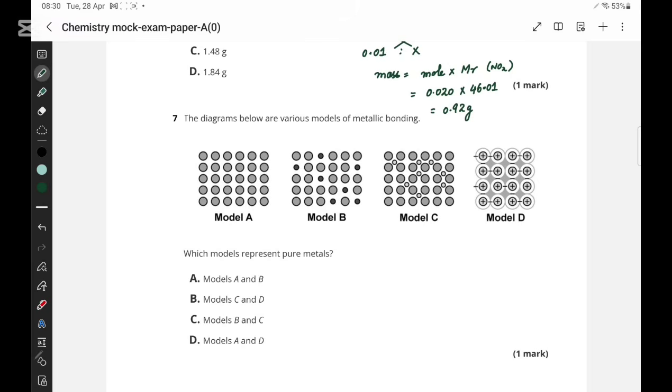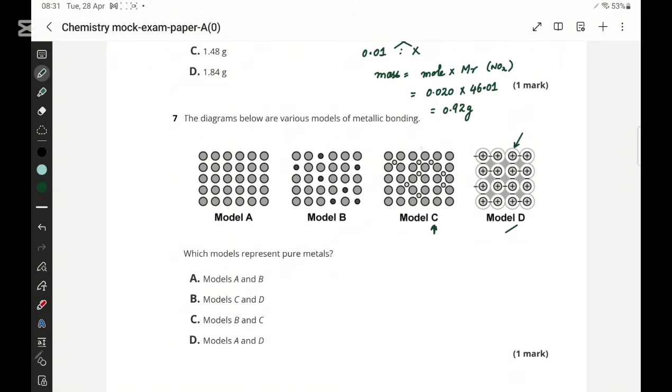The diagrams below are various models of metallic bonding: model A, model B, model C, model D. Which diagram represents the metallic bonding of pure metals? So if you see model D, you can see there are cations which are surrounded by delocalized electrons, and there is an electrostatic force of attraction present between the cations and delocalized electrons. So model D is going to be the right diagram for metallic bonding. And what will be the other diagrams for this? If you see model C, it is not for metals, that could be an alloy,